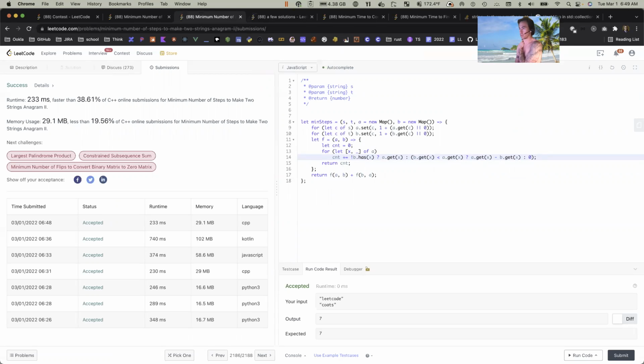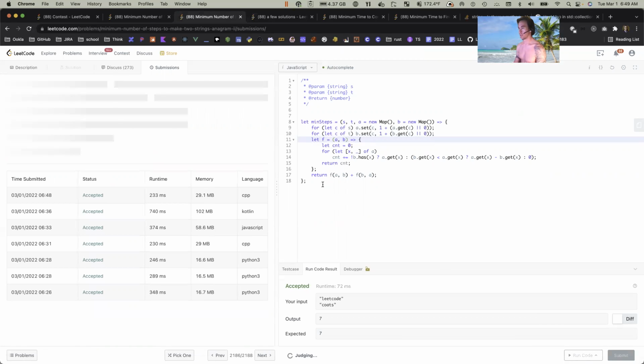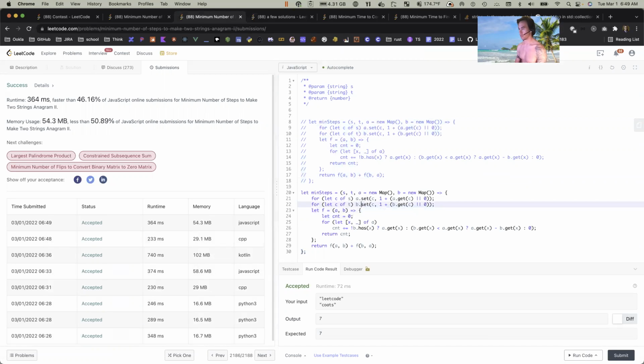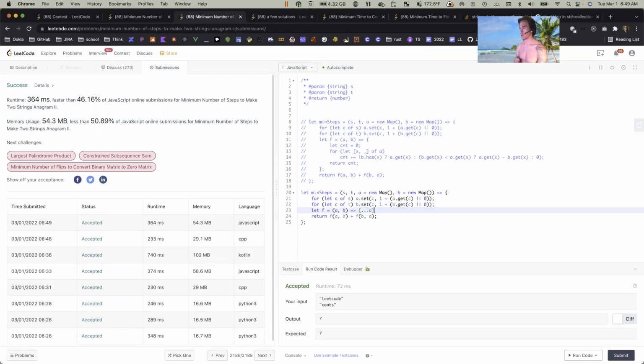Suppose we can accumulate the count by just mapping this as well. So this works, right? But I can also shorten this up a little bit. What if I just do this? Dot map. If b doesn't have x, then it'll be a dot get x. I have to add all of a's frequency onto it. Otherwise,